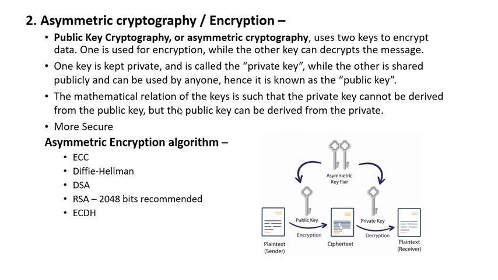The mathematical relation of the keys is such that the private key cannot be derived from the public key. What does that mean? If you have the private key, you can derive the public key from it, but if you only have the public key, you cannot derive the private key. It is much more secure because